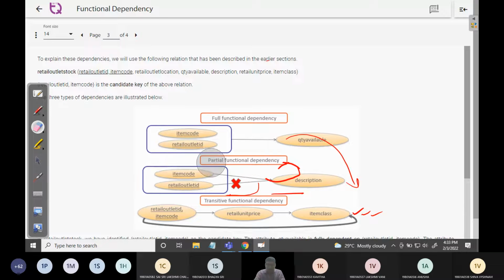Next, we were talking about the 3 types of content where functional dependency exists. Those 3 types: one we call fully functional, two we are